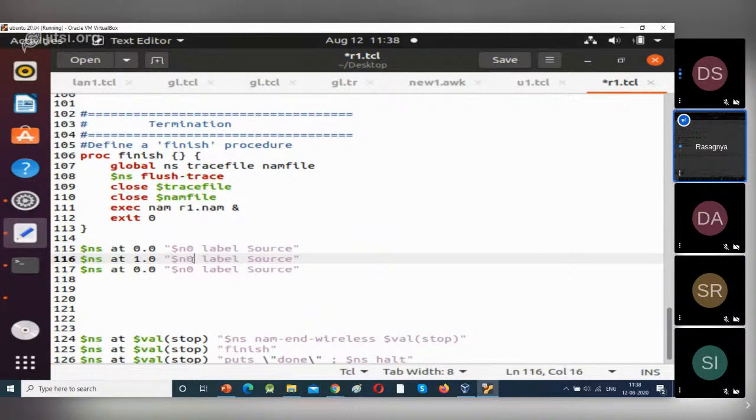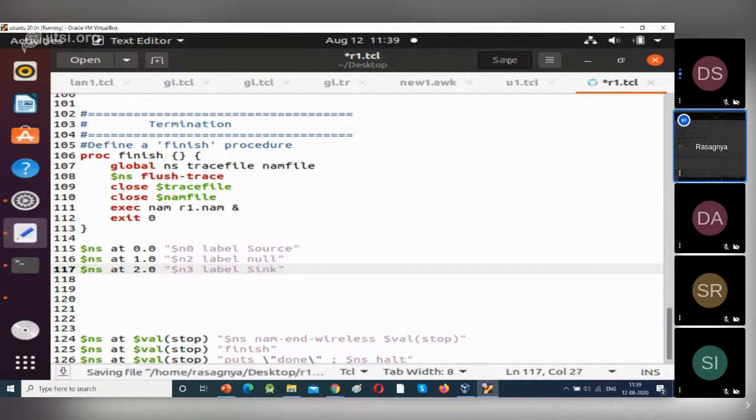N2 as null. N2 is our null. Next, N3 is sink. So change it to 2 seconds. At 2 seconds, I want to label N3 as sink. So give 2 seconds, that is 2.0. Next, here give name of the node, that is $n3. Label it as sink. Now save the file. Save.